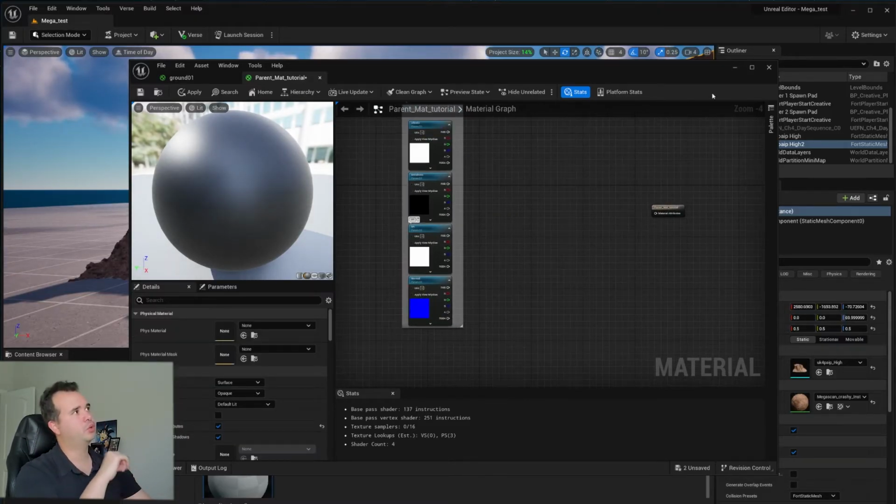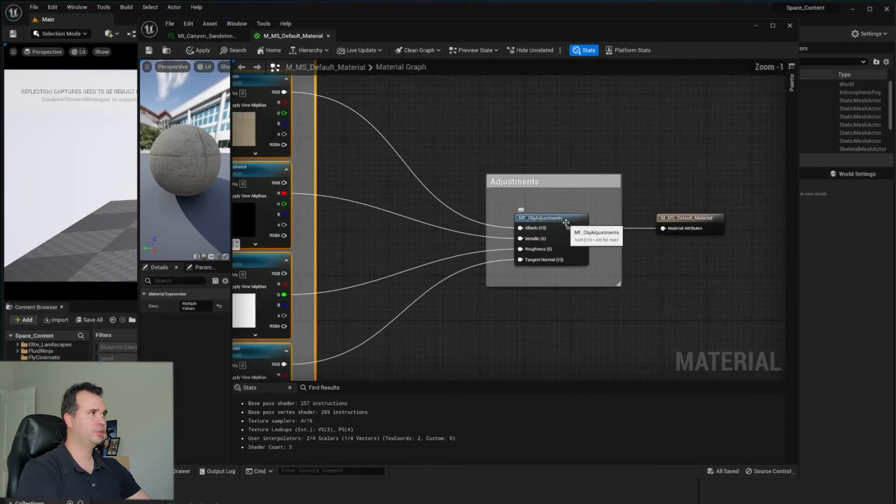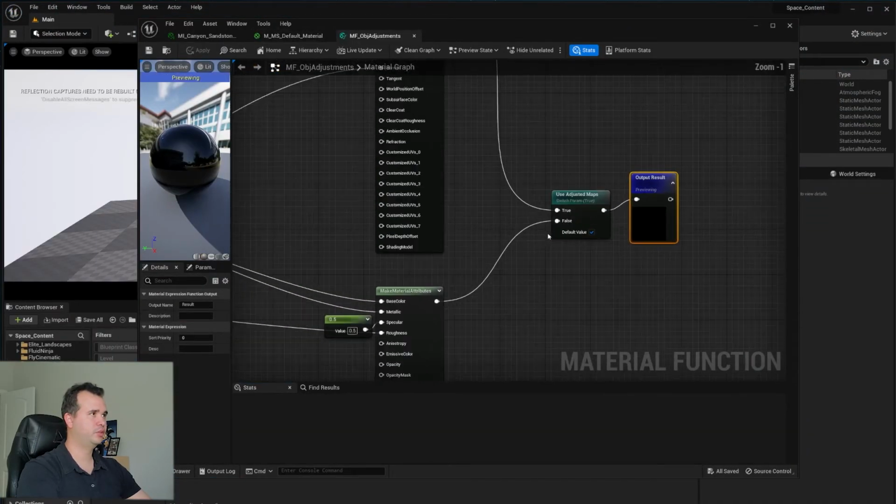Now we finished part 1. Let's move on to part 2, which is the material function. This is going to be a little bit more complex, but it's not hard. Promise, it's not hard. So if we go back to Unreal Engine 5 and we go into the function, we